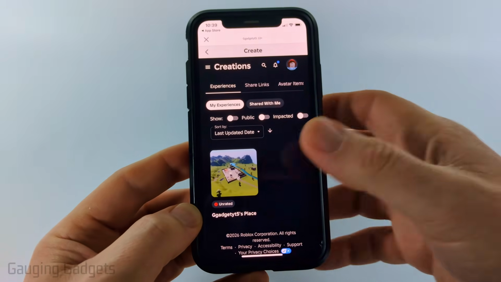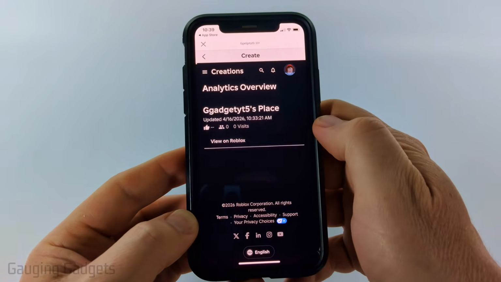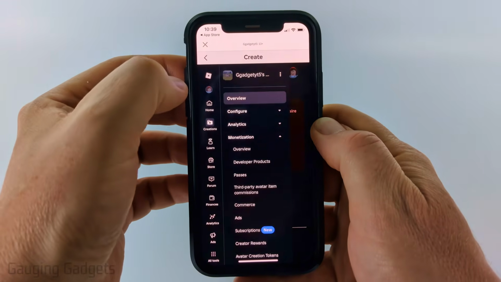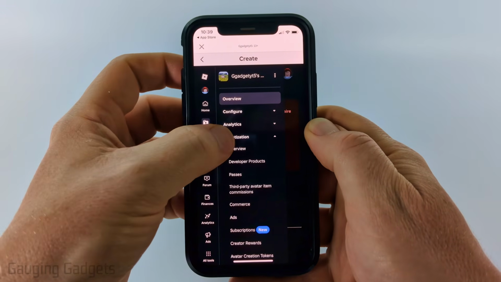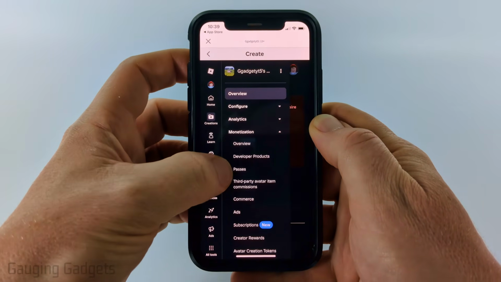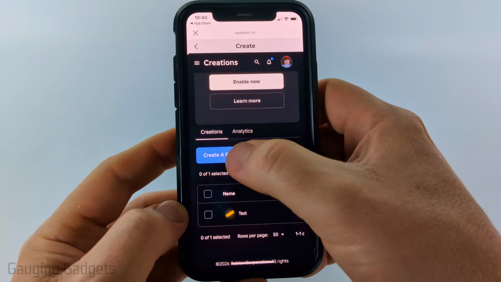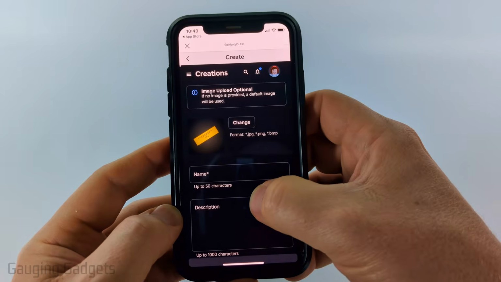By default, all Roblox users have a place, so select the place. Once it loads the place, go up and select the three lines to the left of Creations, and then find Monetization, select Monetization, and then find and select Passes. Now all we need to do is scroll down, select Create a Pass, and now we can upload an image